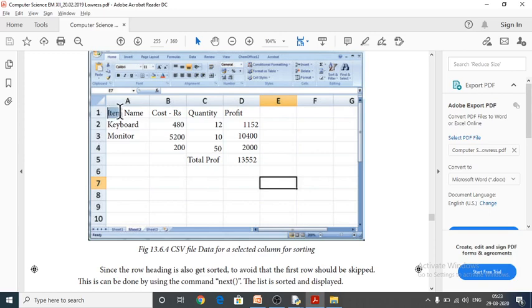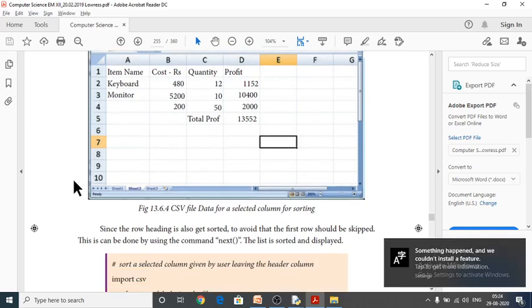Headers means this item, cost and quantity, because if it is added into the data file, it should also be considered as a record, and it should also be included to sort, so that we have to give next function. Because of giving next function, the headers will be removed for sorting operation.